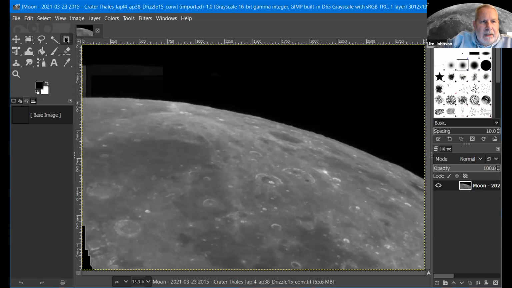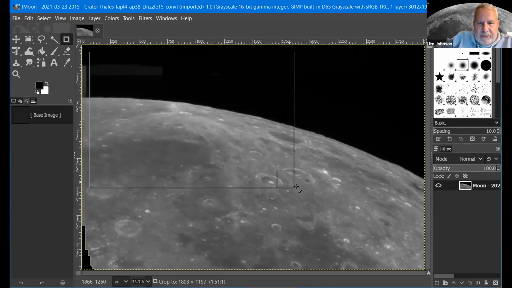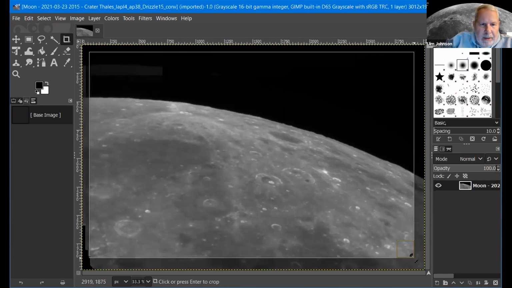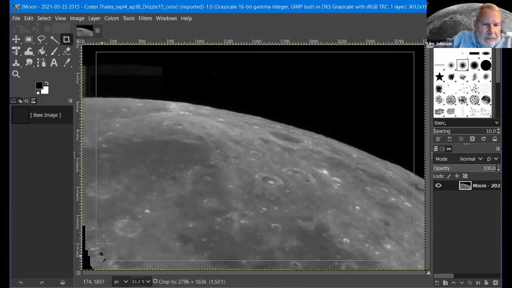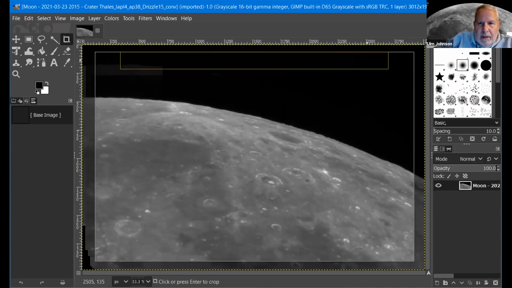Here's my cropping tool. I'm just going to drag across the entire image and let go. I need to bring this over a little bit. Stacking artifacts show up around the edges. That's probably a pretty wide margin, but you don't have to go that wide.